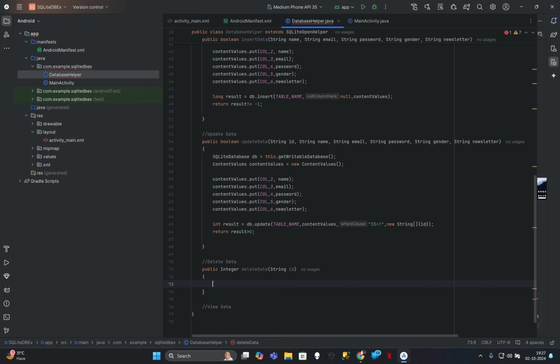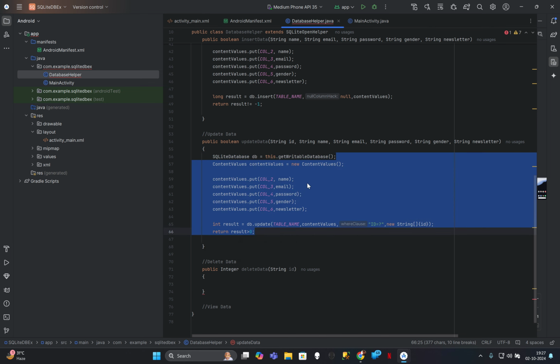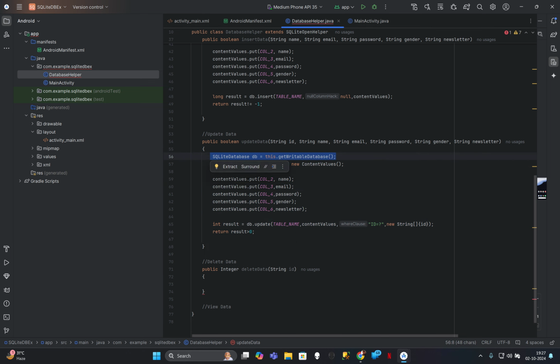Okay, so in delete now, again I'll be opening my SQL, I'll be creating object of SQLite database. So if I'm deleting something, again something is getting modified in my database, right? So I'm opening it for writable database. Then return